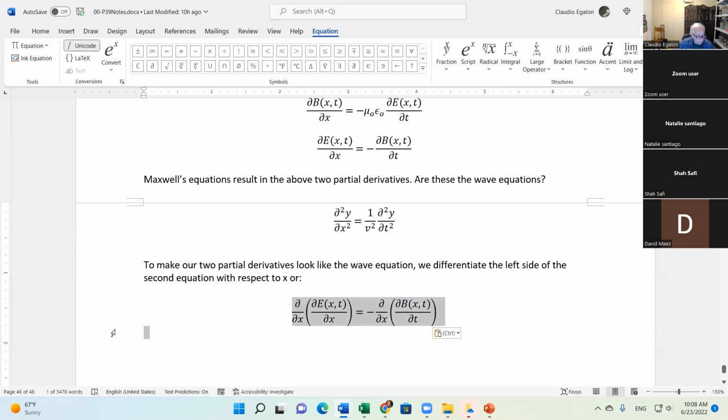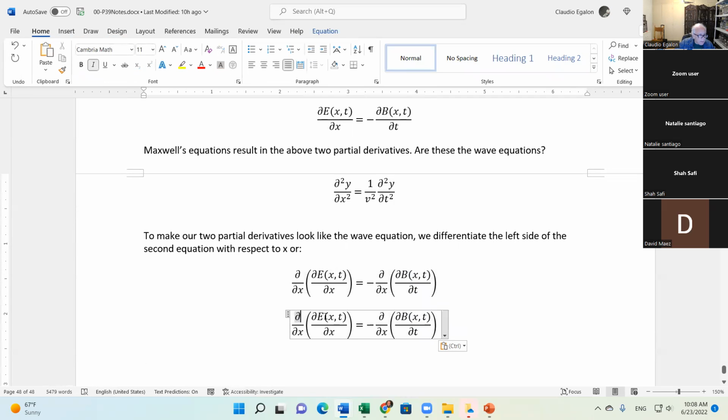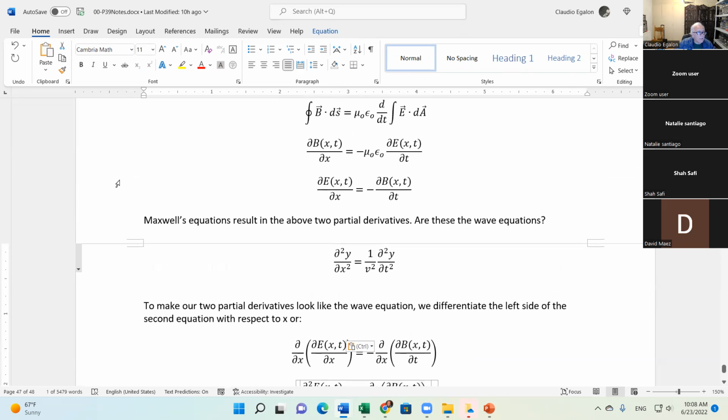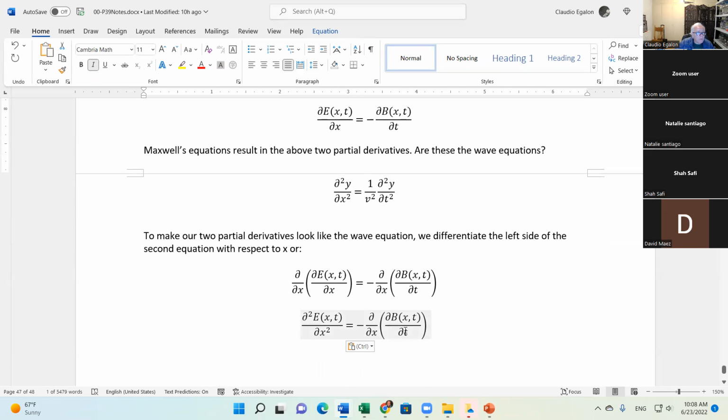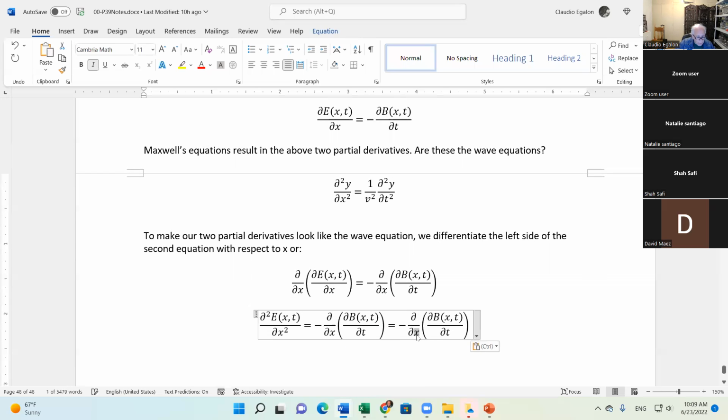Now we're going to start to see it becoming something like the wave equation. What else do we have to do here? I'm using only this equation. I already used this equation, now I have to use this one. How can we use the first one? Oh, you can commute the partial derivatives here. So commuting the partial derivatives, we get something like that.